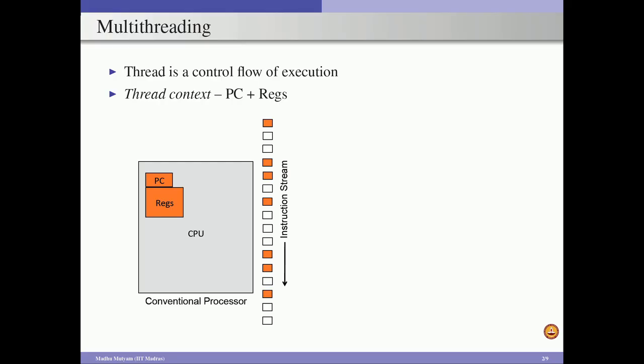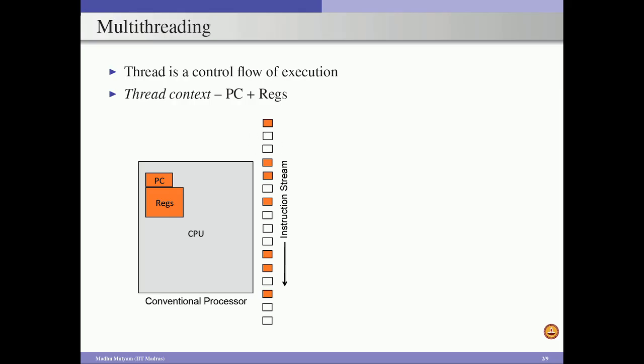Because we are dealing with a single thread, and this single thread may not have enough instruction level parallelization, because of the dependencies among the instructions we may have pipeline stalls or bubbles in the pipeline execution. You can clearly see here these white boxes indicate that the functional unit is not utilized in that particular processor cycle. So, there are many empty slots, mainly because our thread does not have enough instruction level parallelization, and also because we are executing instructions from a single thread.